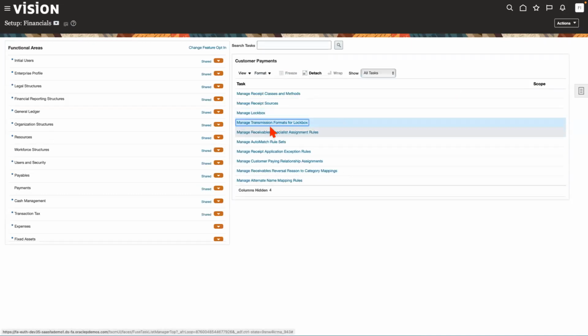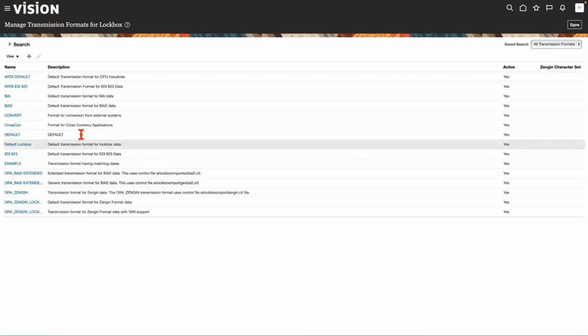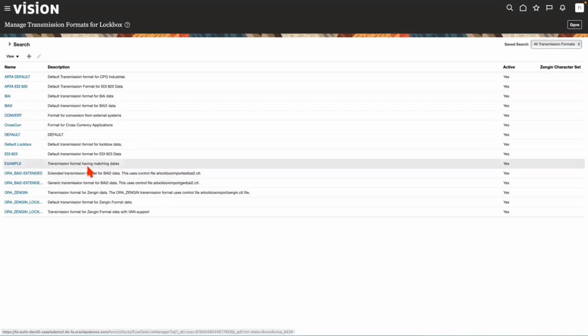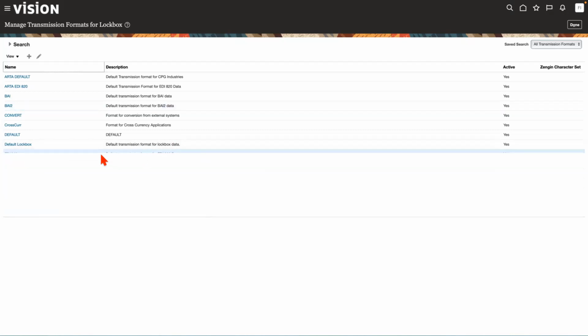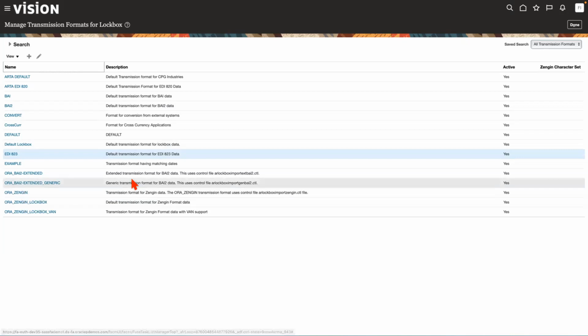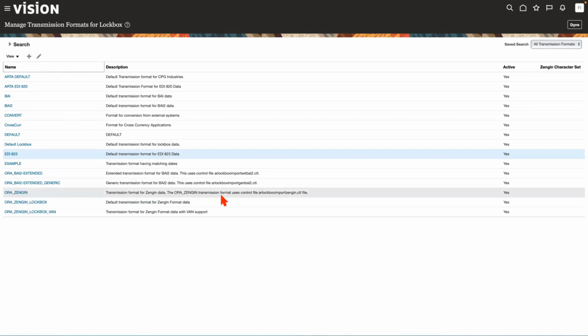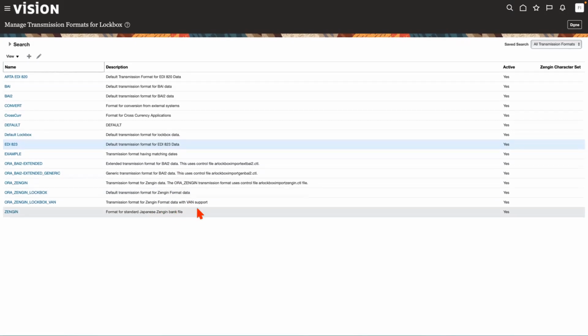How is the file being transmitted to you? And this is where, okay, there are no examples here. Otherwise, okay, there are some. So you could, for example, there are different formats. You've got BAI formats. You've got EDI. So these are all the transmission protocols that are being used. You've got the Zengin is for Japanese. They've got some weird naming convention there. So Japanese Zengin bank file,